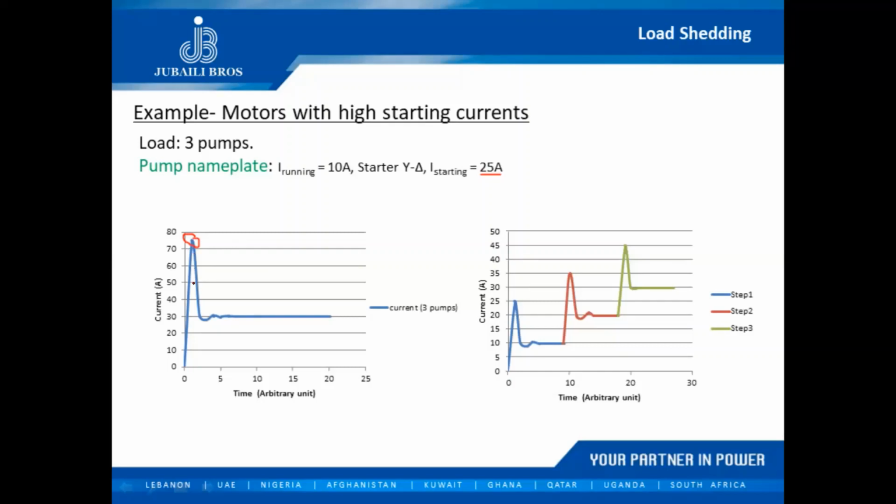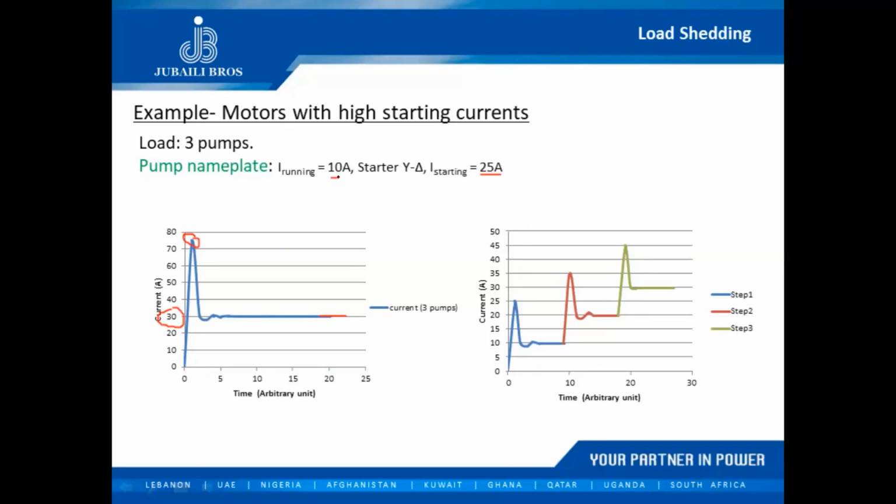Then my pumps will be running. There will be a drop in the current intake until I reach a stable 30 amps. Okay, so this 30 amps is 3 pumps running. It's 3 pumps running, each